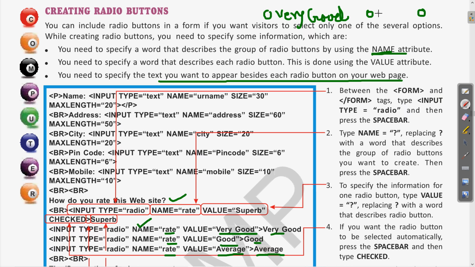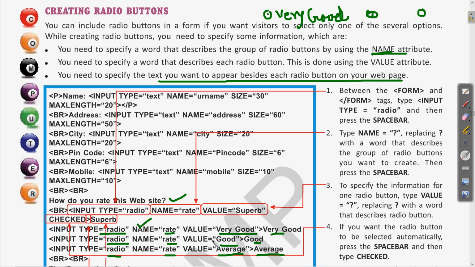Radio button, we all know, is a circle box where you can click. Clear? So the three important attributes of the radio button are, first, the type. Earlier we saw the type was checkbox, here the type is radio. The name denotes that if the name is the same, these radio buttons are part of a single group.